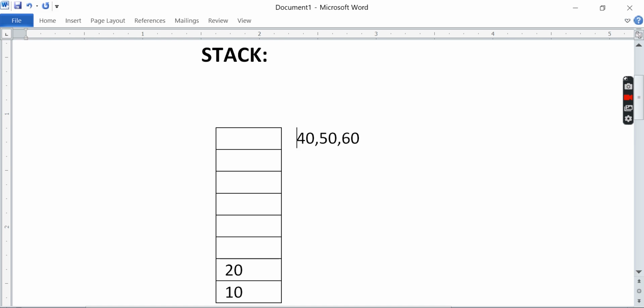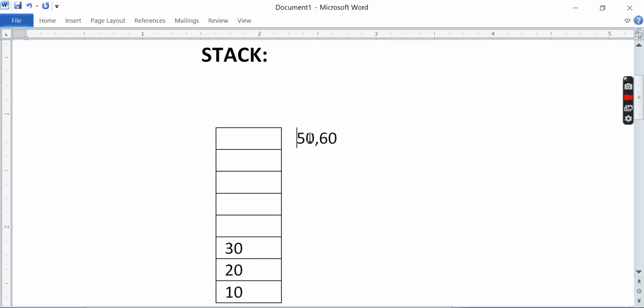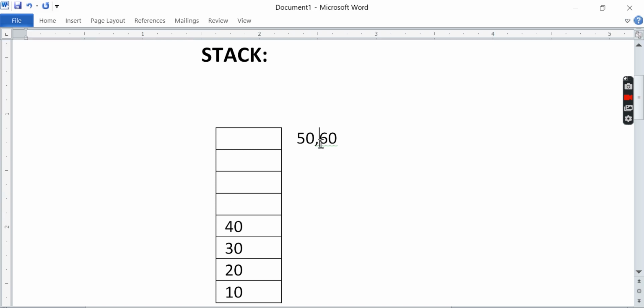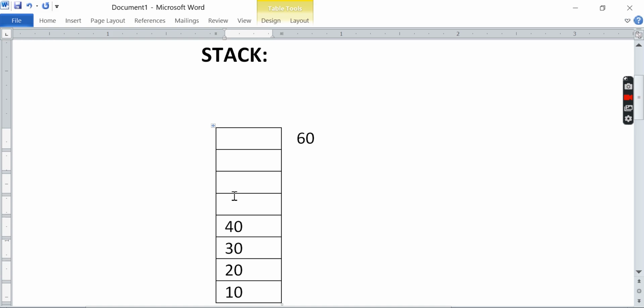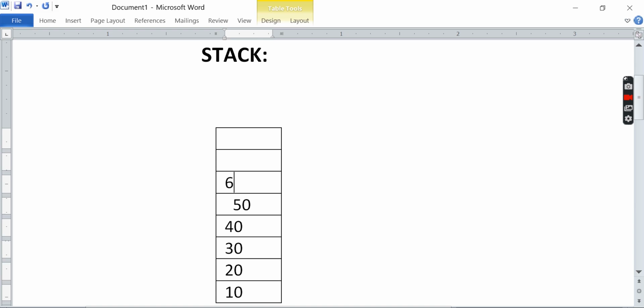Similarly, every element will be added like this, through the top, and it will take the top position. So the most recently inserted element gets the top place. Now 50 will be inserted here. Similarly, this 60 I am going to put here, and it will be saved here.